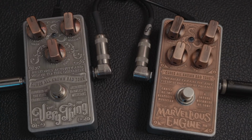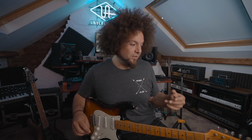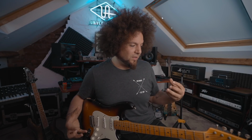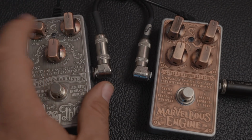Bye. Okay, so I've done the old switcheroo. We've got the Mamillus Engine first, then the very thing. I want to see if Rob's theory is correct by using the very thing as that boost. Is it going to boost the overall signal by having it in front of the Mamillus Engine, giving us loads of gain and sustain? So I might just drop the gain off on the very thing and use it more like a boost at this stage, because I don't want to get too much gain going on and it all become a little bit mushed. So let's dip off the gain,